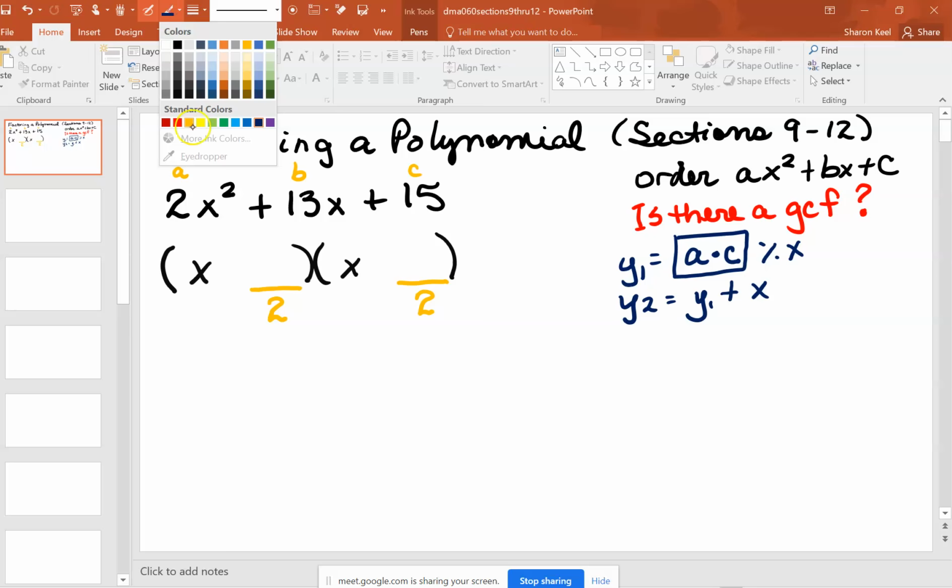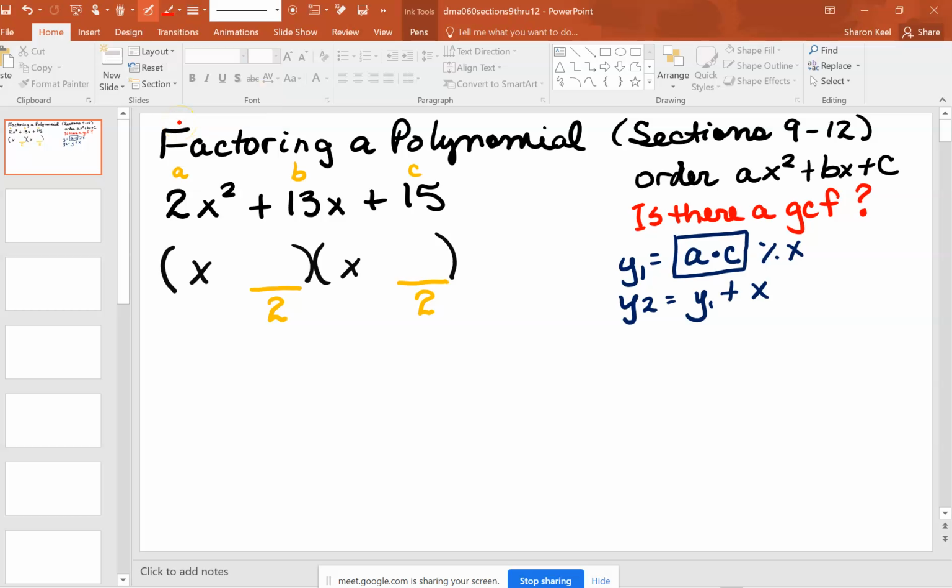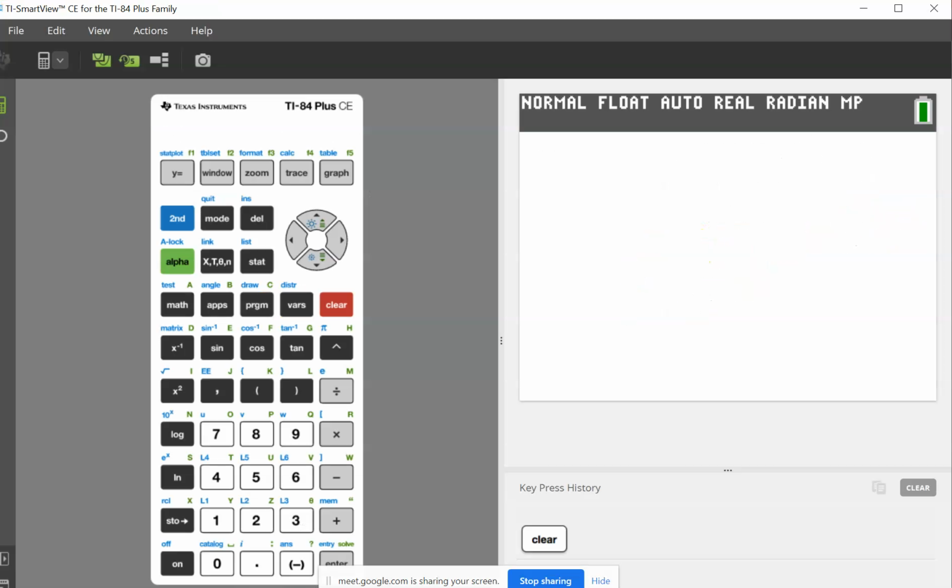So let me make some notes here for this problem. For this problem, my a is 2, my c is 15. So I'm going to do 2 times 15, and that's going to give me a 30. I'm going to take that 30 and put here. So on my calculator,